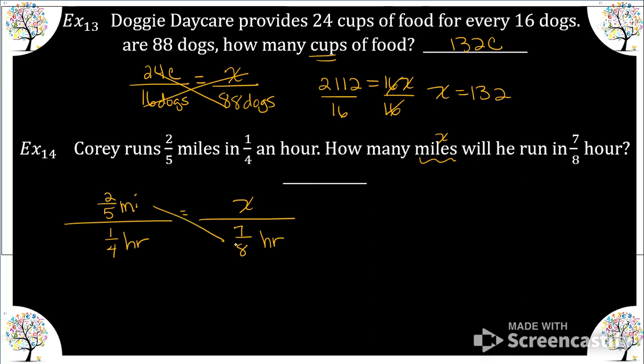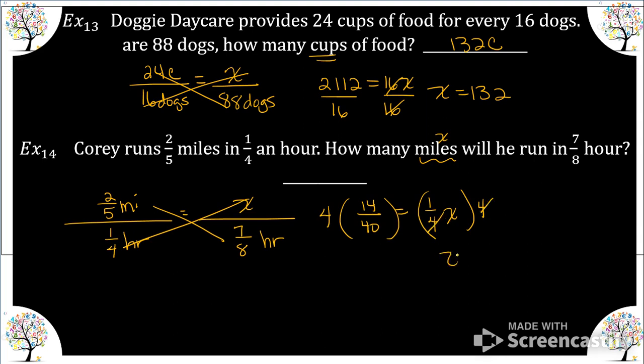So 2/5 times 7/8, numerator times numerator, denominator times denominator, equals x times 1/4. Now let's isolate x. So we're going to divide by 1/4, but dividing by 1/4 is the same as multiplying by its reciprocal of 4. So if I multiply by 4,